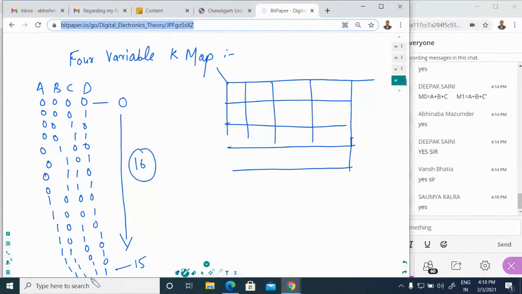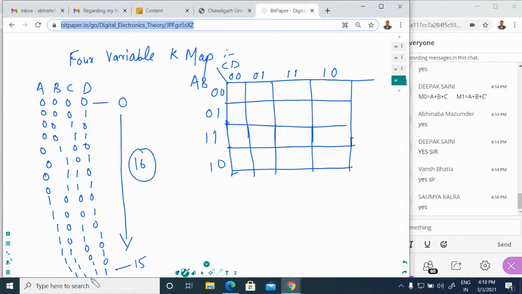These are the 4 combinations and 16 cells to be formed right here. We will use the value AB right here. We will use the value CD right here. We will start from 0, 0, 0, 1, 1, 1 and 1, 0. Same 0, 0, 0, 1, 1, 1 and 1, 0.